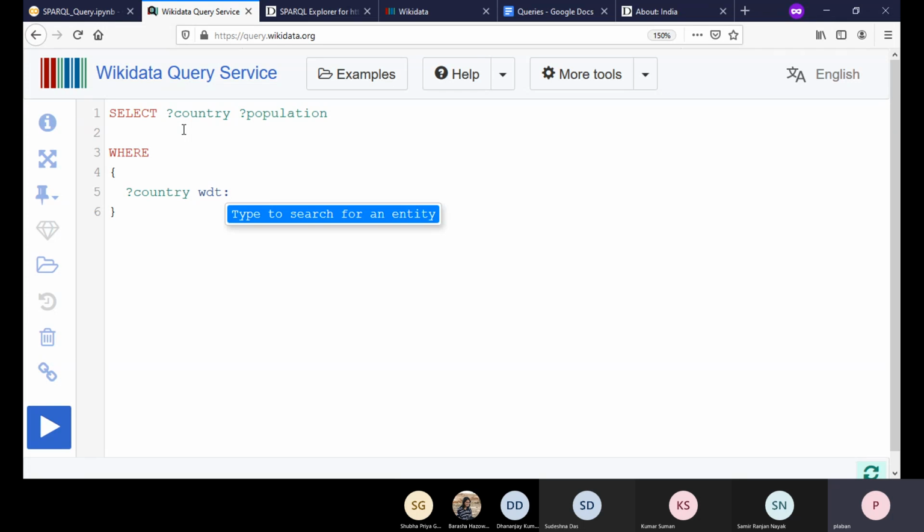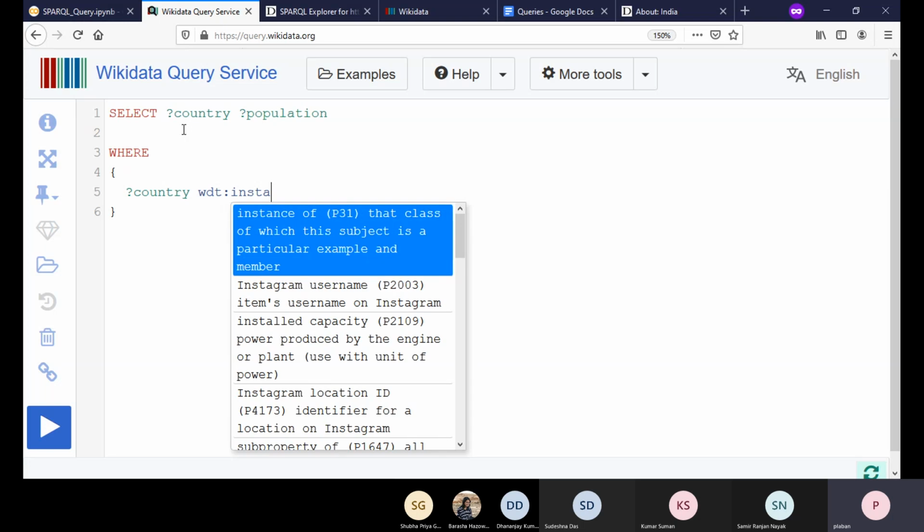Now you say, I want this country to be an instance of country. This is an individual, which is an instance. After I have typed in insta, you can see that there are many properties in Wikidata coming as a suggestion list. The first thing is instance of, which has the ID P31.